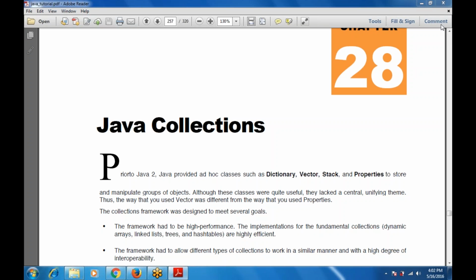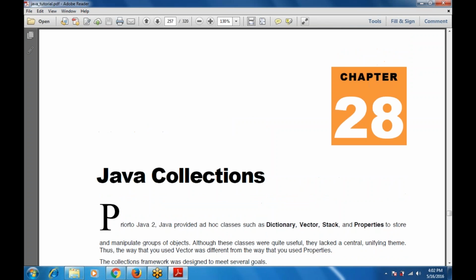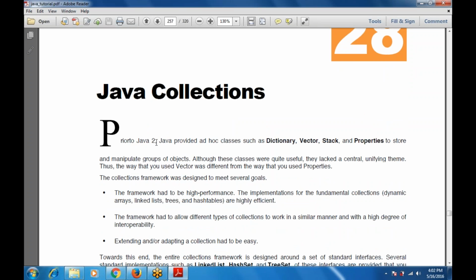Now let's move to the next chapter, chapter number 28, Java collections. Prior to Java 2 version, Java provided different classes such as dictionary, vector, stack, and properties to store variables and manipulate groups of objects. Although these classes were quite useful, they lacked a central unifying theme. There are multiple themes available for unifying the data. Therefore,